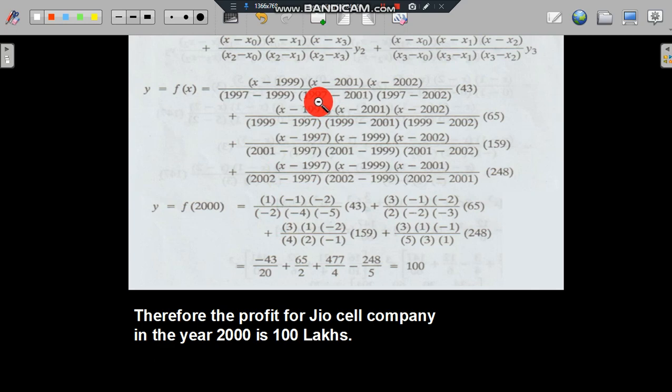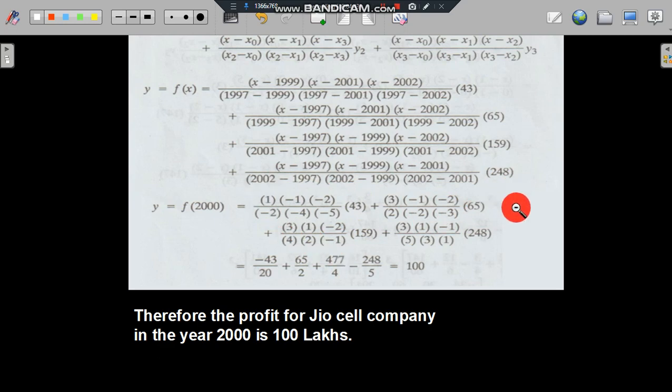Here also 1997 minus 2001 is minus 4, and 1997 minus 2002 is minus 5. This 43 comes as it is. Then the second term is coming like this, the third term like this, and the last term is this. So if you simplify all these